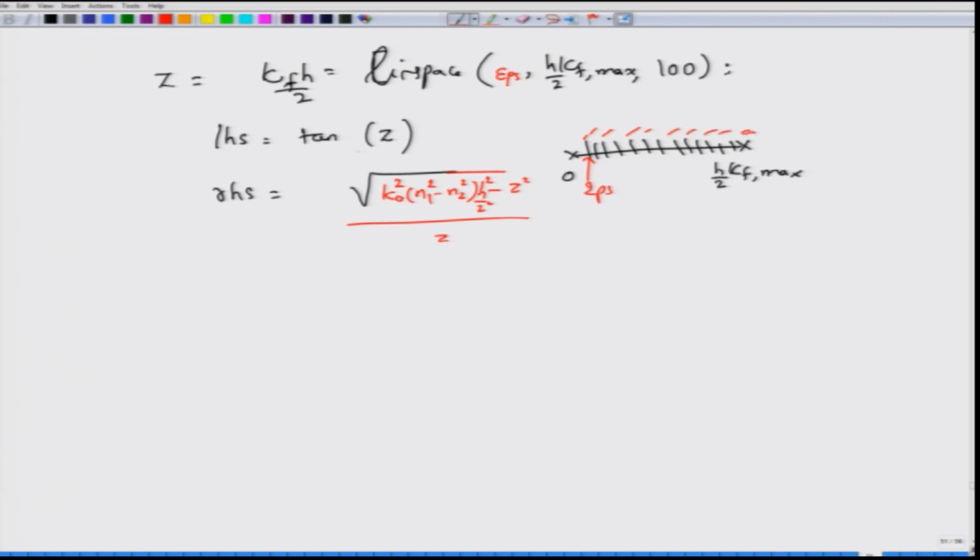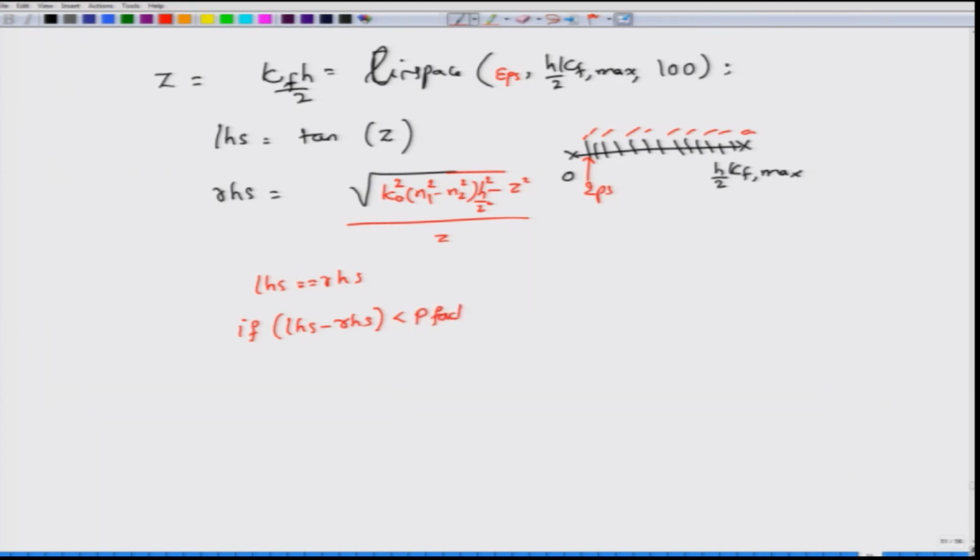So, you create the left hand side array and the right hand side array, and then you find the points where LHS is equal to RHS. Now, equals is a very interesting condition. Therefore, what you normally do is subtract LHS from RHS and check whether the difference between these two values is less than some predefined factor.